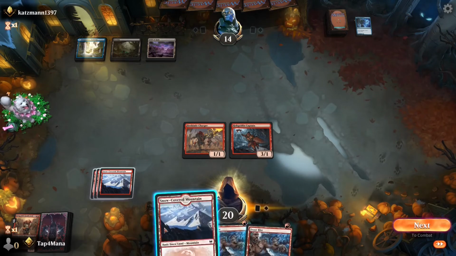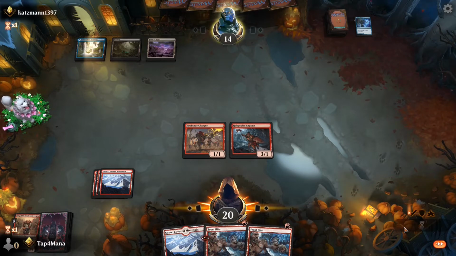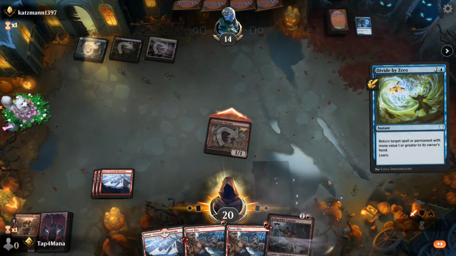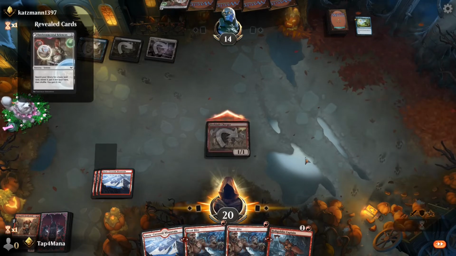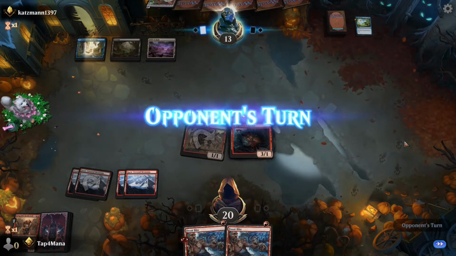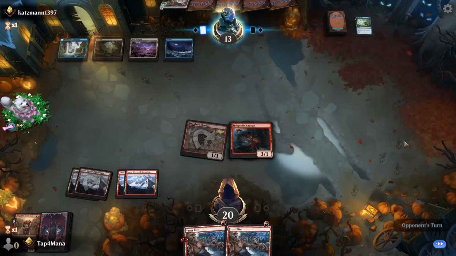Now I get a land, of course. So I'm just gonna attack. He's probably going to either kill the Captain or return it to hand, obviously. Okay, he's being a little mana screwed, so that's good for us. I don't want to waste my Frostbites because I don't know if he has anything I should be fearful of, you know, but